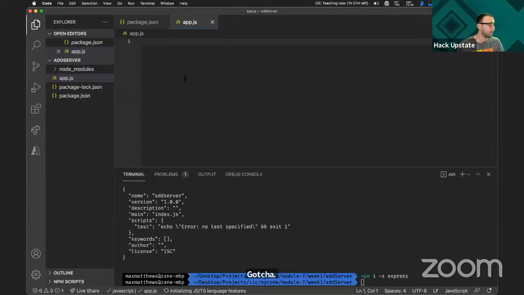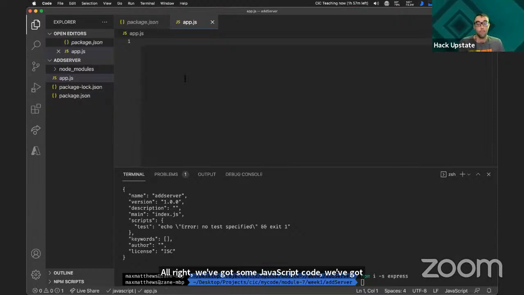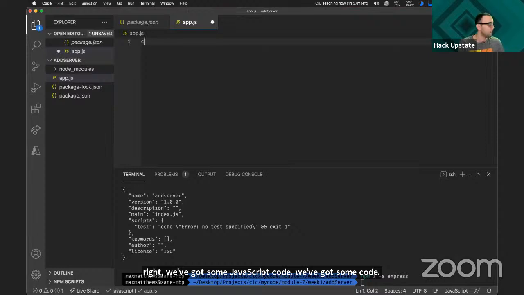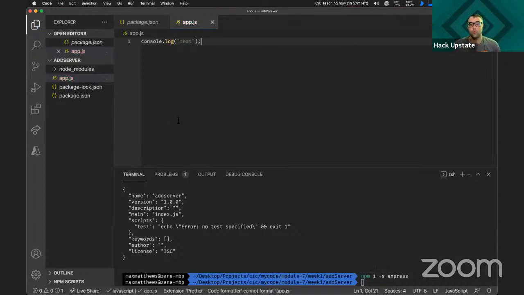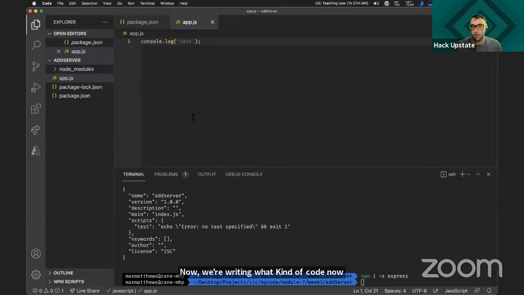All right, we've got some JavaScript code. We've got a place to put our code now. So I'm just going to console log test. Now, we're writing what kind of code now? JavaScript, but where are we going to run our JavaScript?